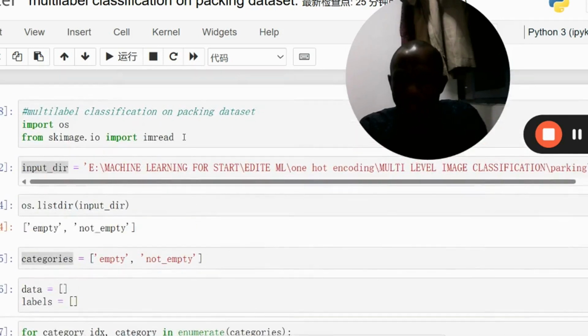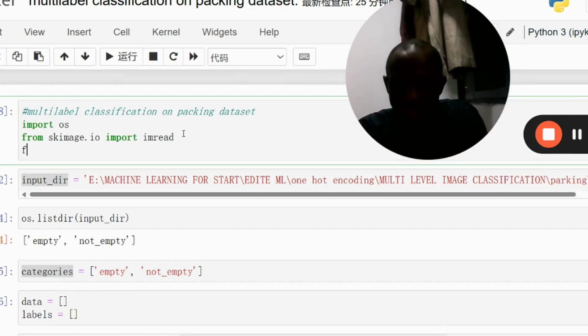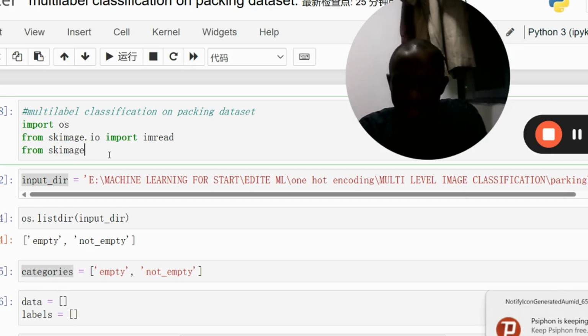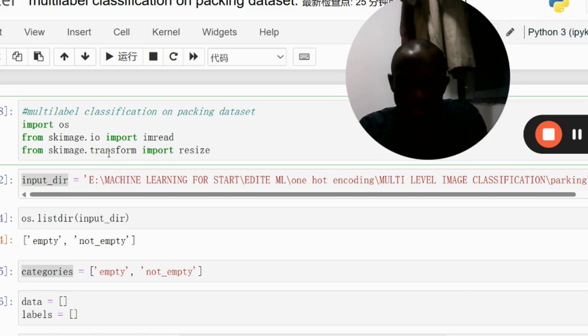So we say what? From sk image dot transform import resize. Okay,